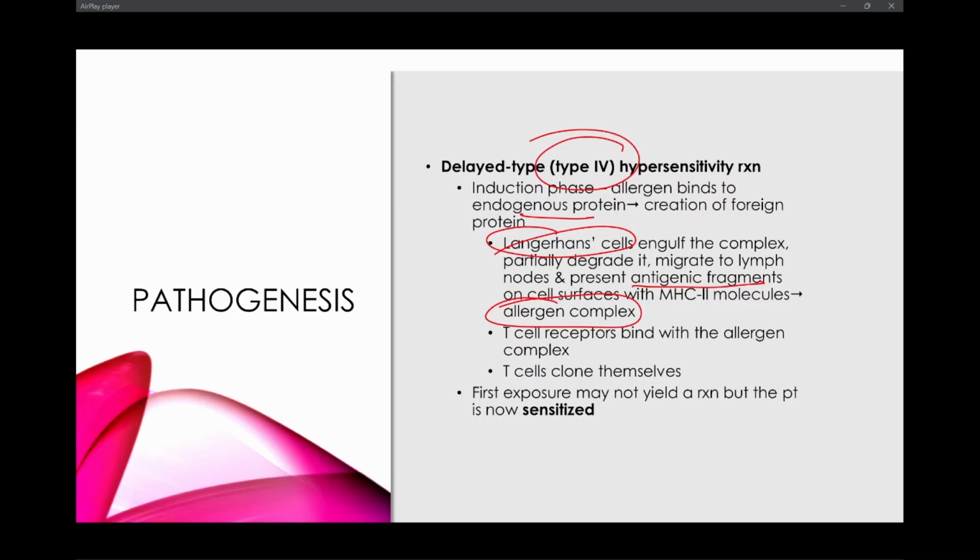Now we have this allergen complex. T cells are going to come to the area, bind to it. T cells start to clone themselves. So the first exposure may not yield a reaction, but now, again, like we learned with all these hypersensitivity reactions, the first time you experience it, you may not have a bad reaction. But now your body is primed for it. So if you get exposed a second time, now you have a hypersensitivity reaction because now you've been sensitized to